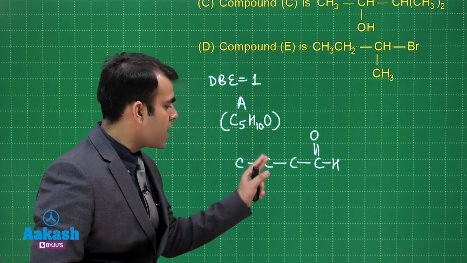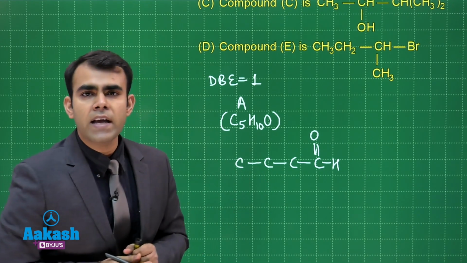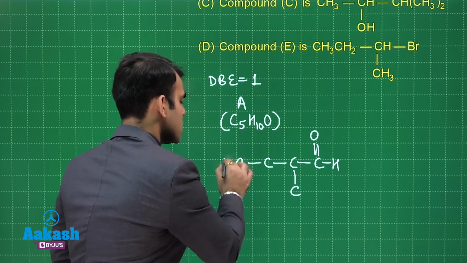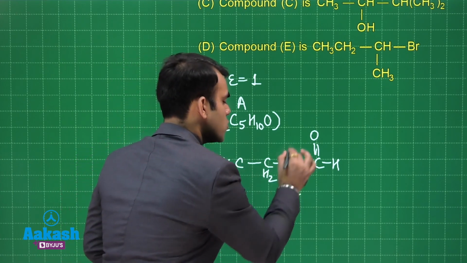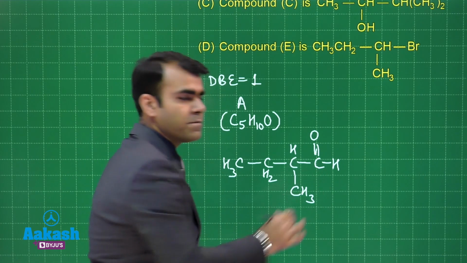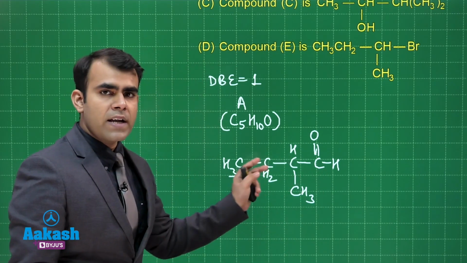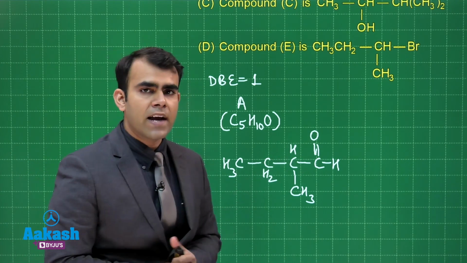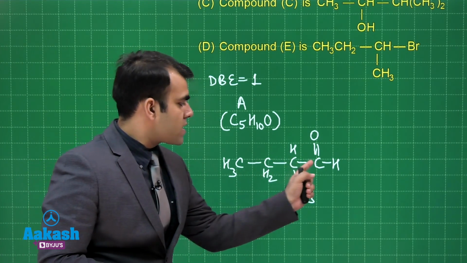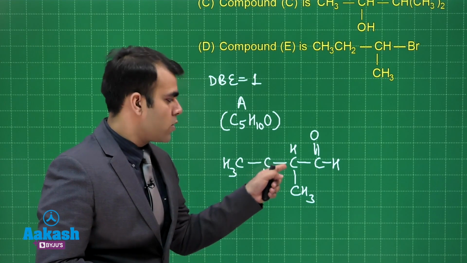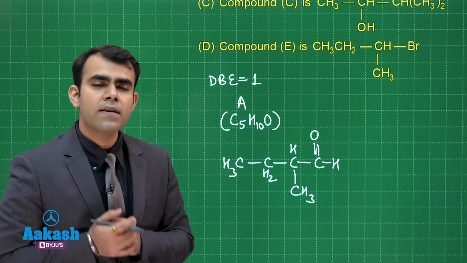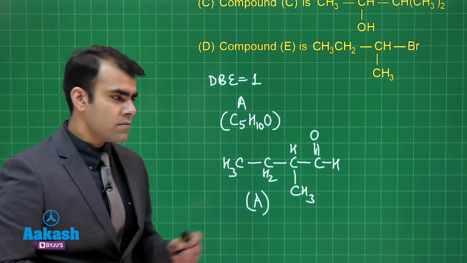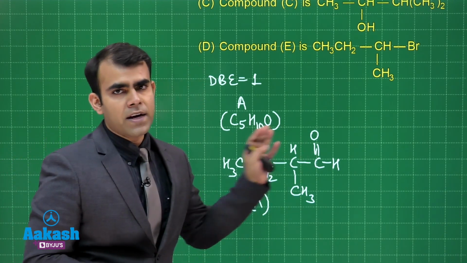If I put methyl here, then my compound becomes optically inactive. But if I put methyl here, so this is CH3, CH2, CH, CH3. So, this is the one possibility where it is optically active. Can we form another compound which is optically active having an aldehydic group? No. If we make a 3 carbon chain and try to put 2 methyl groups, then also it becomes optically inactive. So, A is this compound which gives a positive silver mirror test.